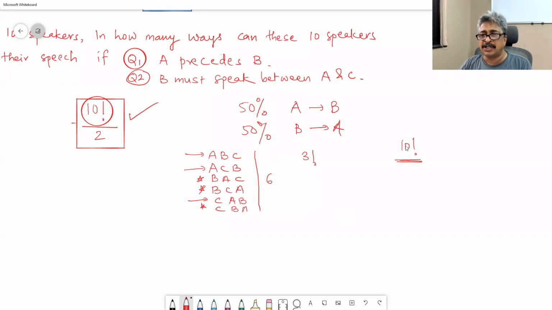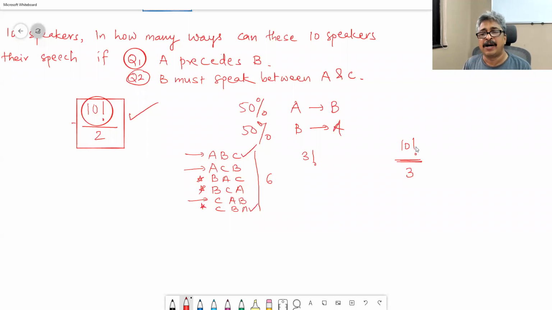How much? This is too big because either B will be between A and C, or A will be between B and C, or C will be between A and B. And then again, ABC, CBA, they are two different things. So ABC, CBA, I mean, these are the 6 different ways it will happen, right? Yes, sir. The 6 different ways it will happen, but we are okay with this and we are okay with this. So out of 6 different ways, we are okay with 2. So the factor of 3 will come in the denominator.